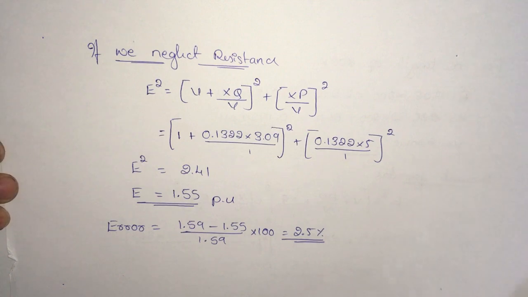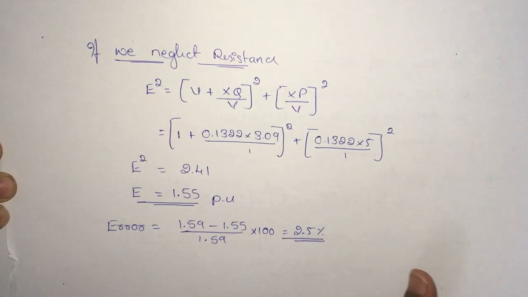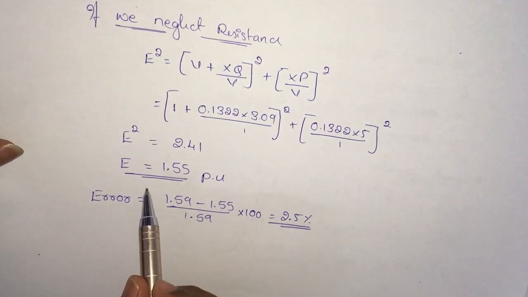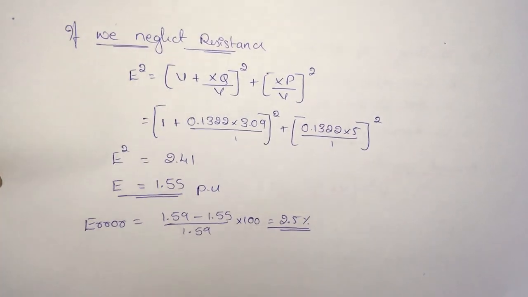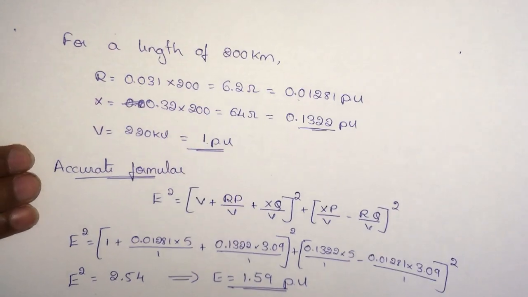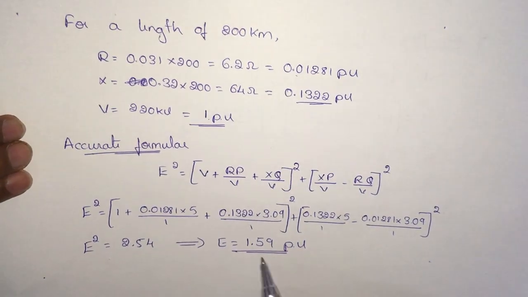Including resistance and neglecting resistance, the difference is only 2.5%. This is the value of voltage for the accurate formula: 1.55 per unit neglecting resistance, and 1.59 per unit including resistance. If we go for the approximate formula,